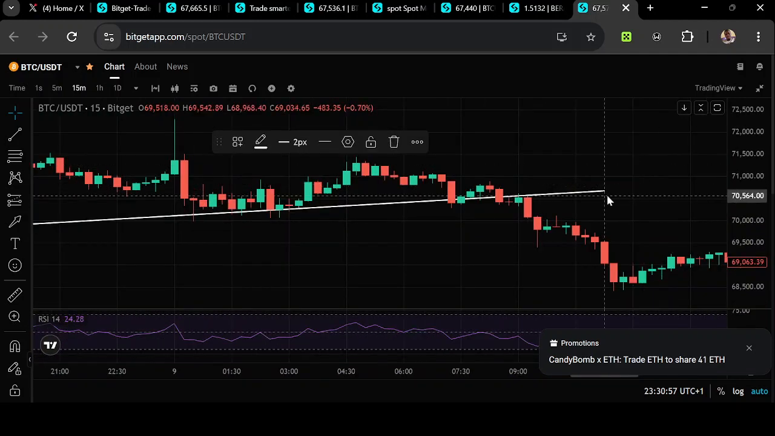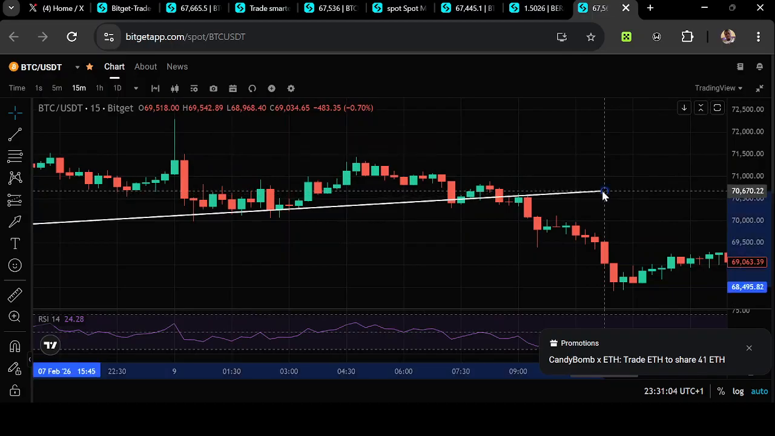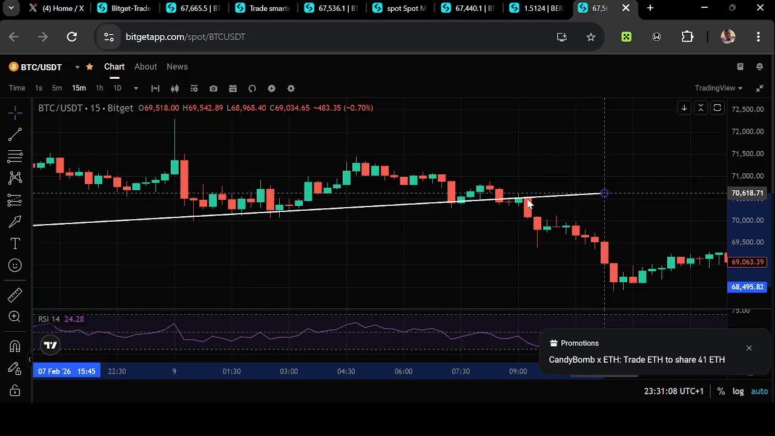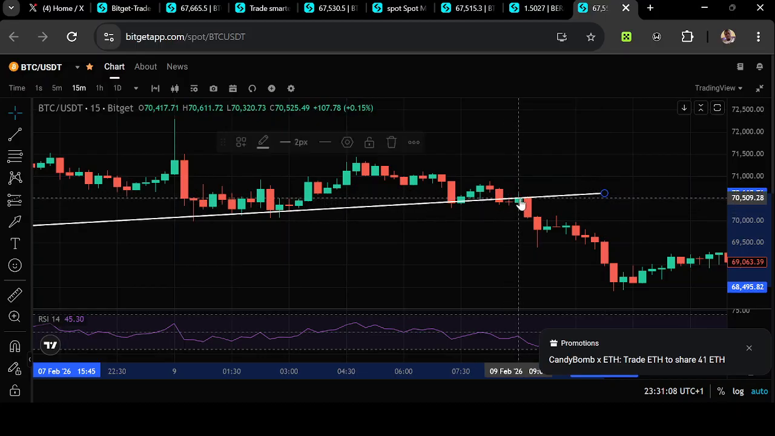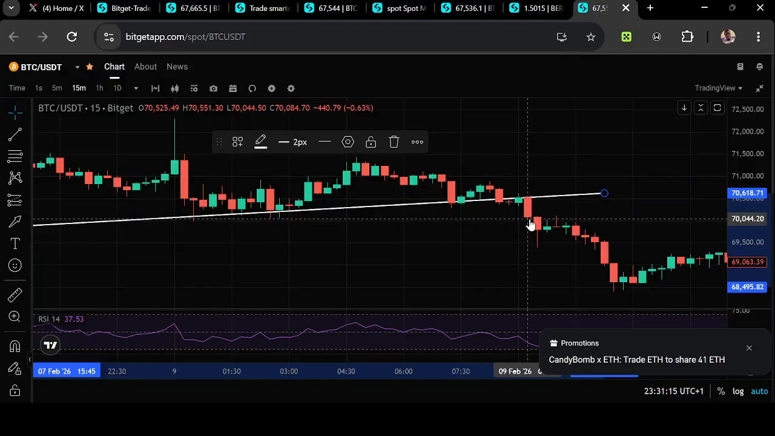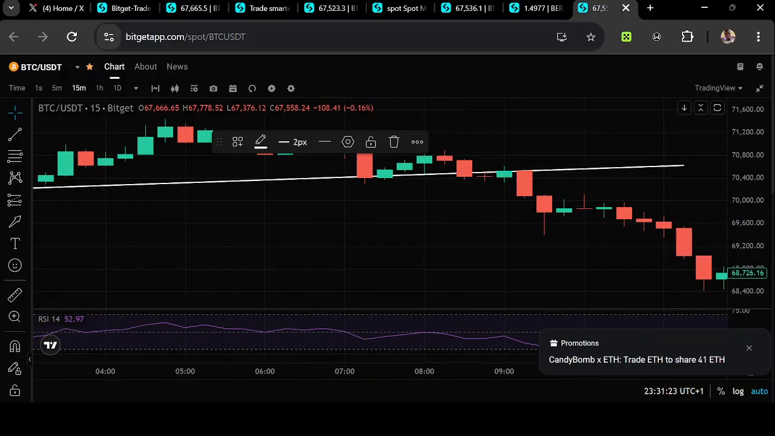Now at this point, this trend line was broken at this point. Now when it broke, it tested, it came back again and touched the line. So when it touched the line, it showed another long red candle, and this red candle is what is called